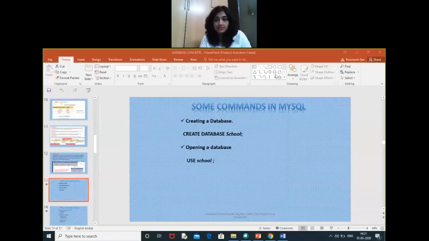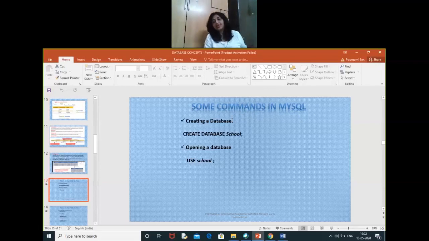So today we'll be discussing different SQL commands. The theoretical concept of database, DBMS, we have already done. Now we'll be doing different SQL commands. First, we'll be using an online MySQL editor here.